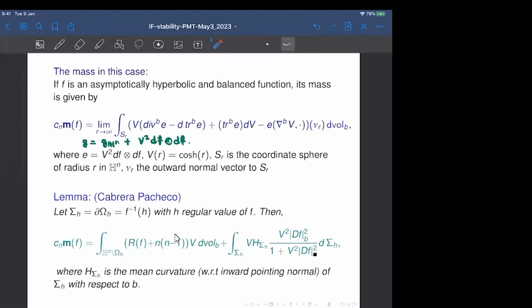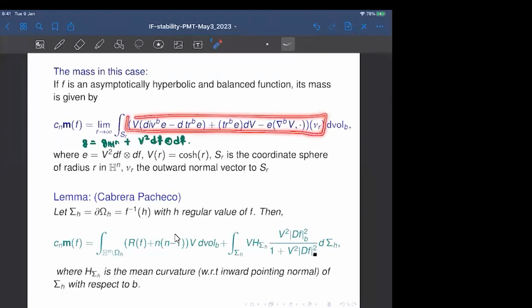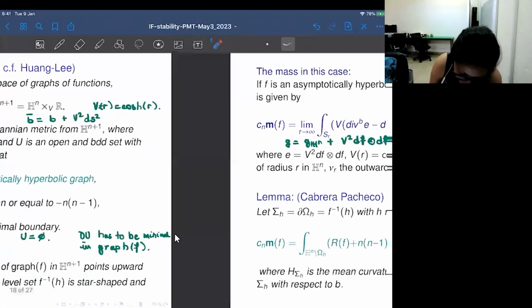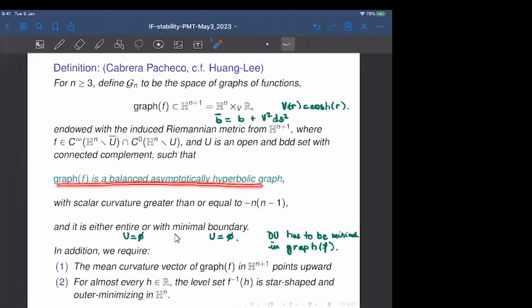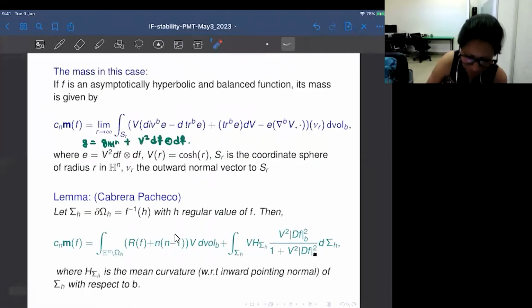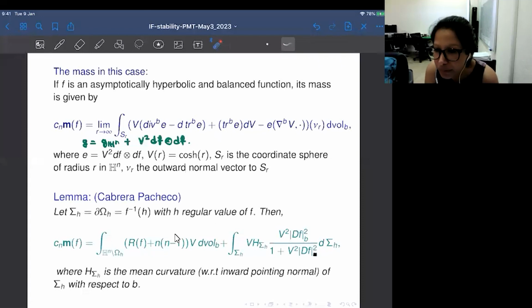Isn't it the function that gives you the mass of this thing? This part, right? Yeah, that's right. Is that? Yeah, I mean, I am skipping some stuff when you define what it means to be an asymptotically hyperbolic graph. Then it will give you the conditions that actually make this limit work. So it is continuous. Yeah, I guess. I think it's not. No.